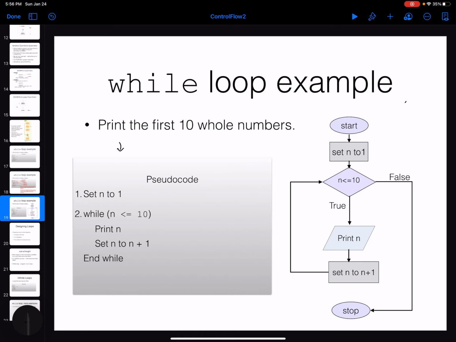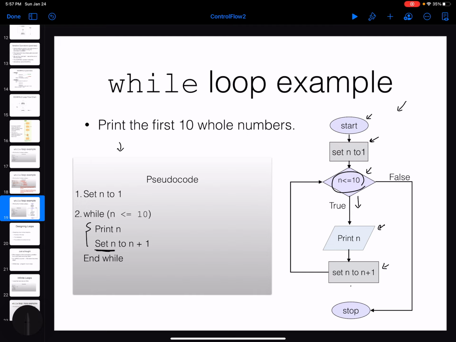This flowchart is actually showing you what would happen in this loop. You can see that this is the starting point of the flowchart. I have one statement here that sets n to 1, and I have a condition. Again, I'm using a diamond here. I'm checking if n is less than or equal to 10, and if it is true, go here. For example, whatever I have written here, print n, right? Change n to n plus 1, increase n,